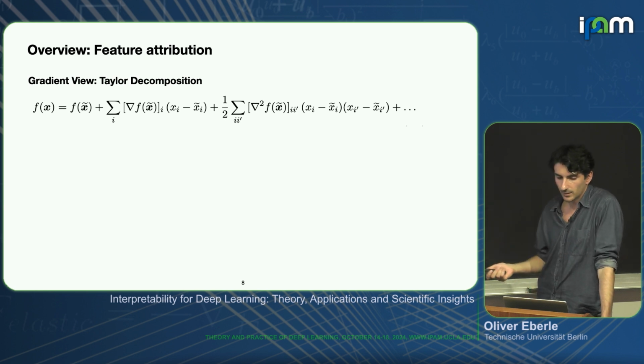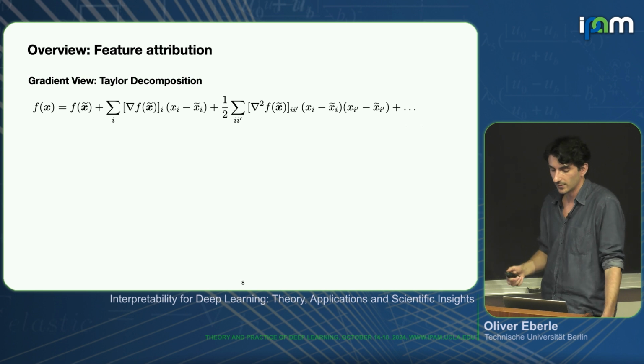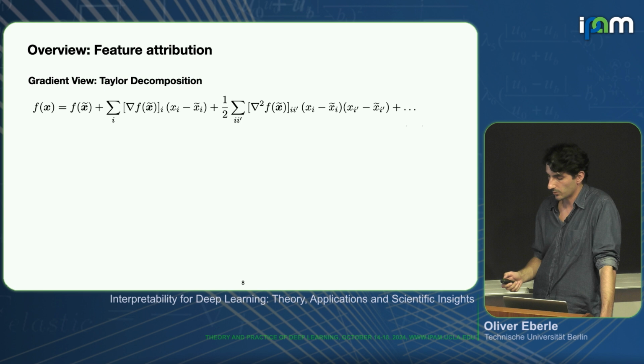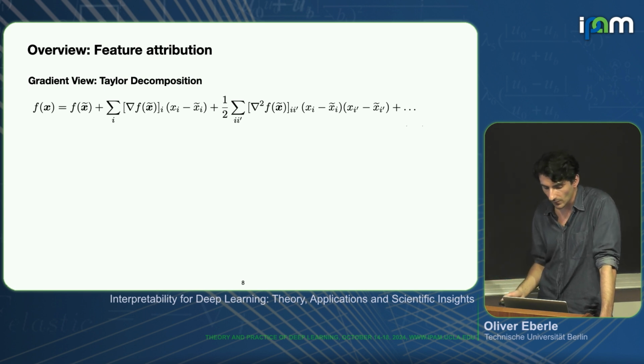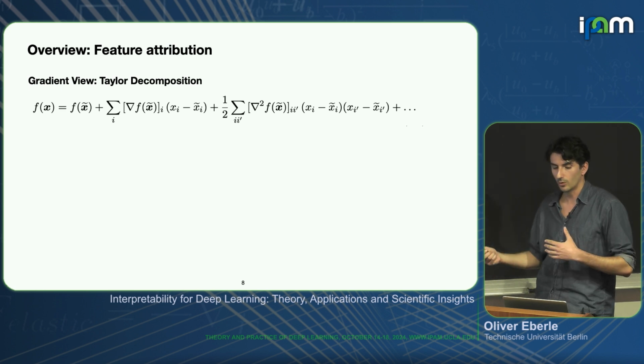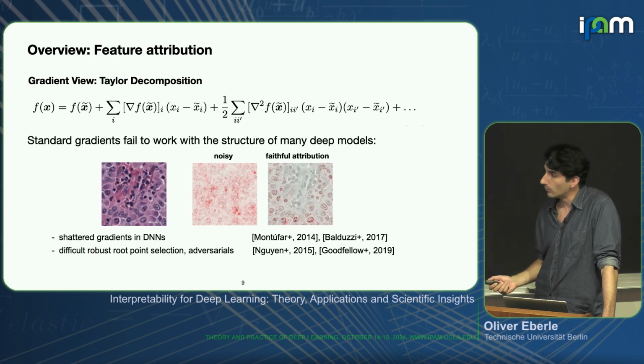For deeper architectures, this poses some problems because you have all these layer-wise dependencies, and you can have more complex, higher order terms that do not vanish. So just focusing on the first order might not be sufficient. This Taylor decomposition helps you get a grip on decomposing your complex model function and approximating it with functions that you can actually compute. This is one view, and that's the gradient view. And you can have a second view that I'm going to go into after this.